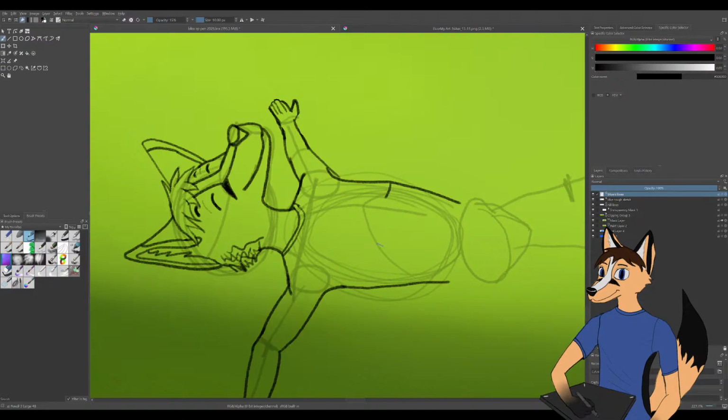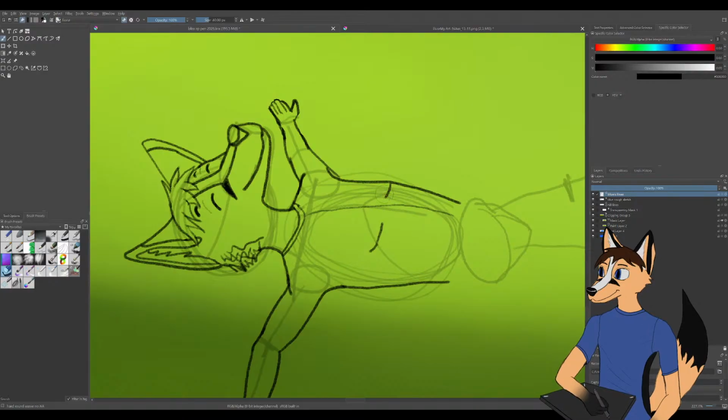Even though he's wearing a shirt, I kind of draw little indications of where his chest is at and stuff, because the ribs would go up like this, even though in the sketch I drew them all the way up here.